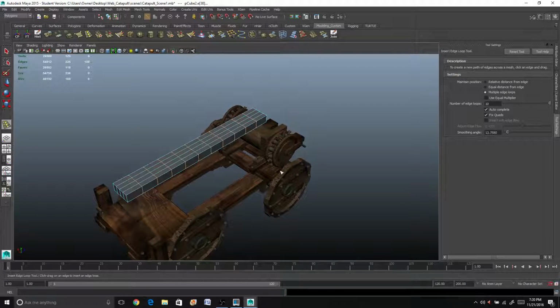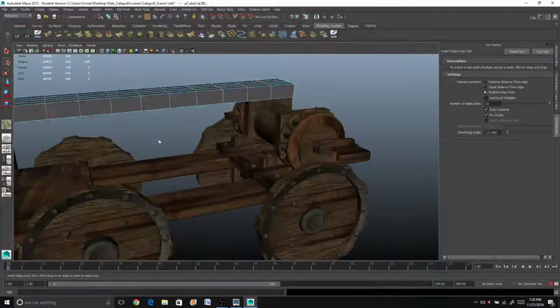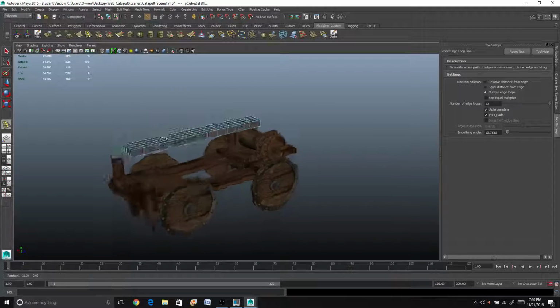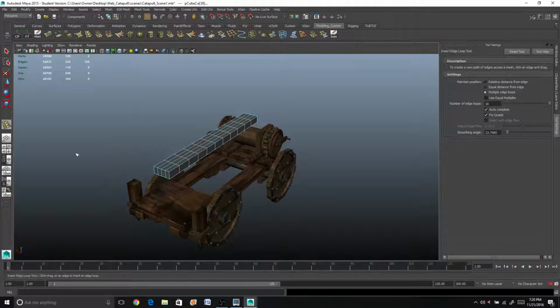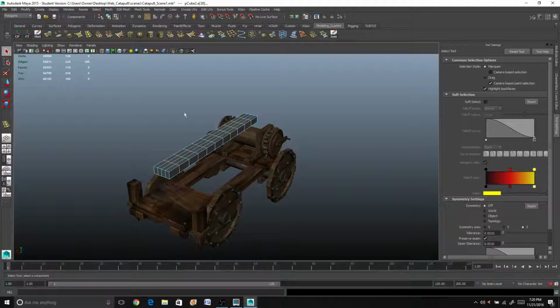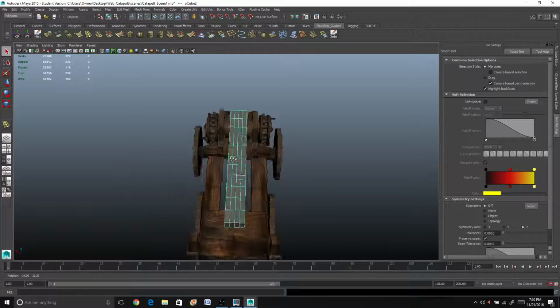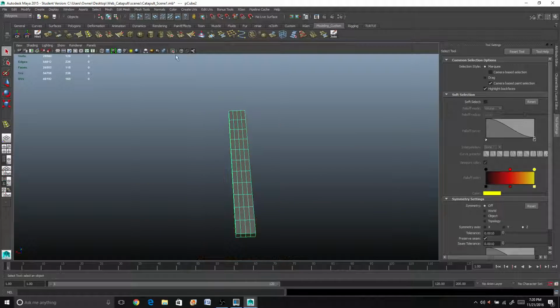The idea is that having more geometry allows this catapult arm to bend and look natural as it's getting more tension on it before it launches. So that's what I'm going with on this. Okay, so I'm done here. Close out my Insert Edge Loop tool. Got object mode here, and let's go to our isolate. Go to vertex mode here. Turn on soft select,